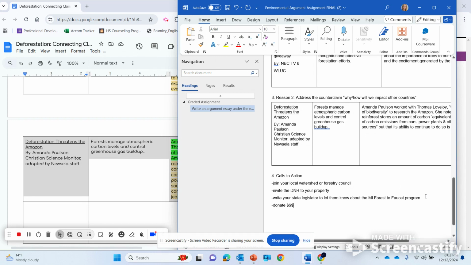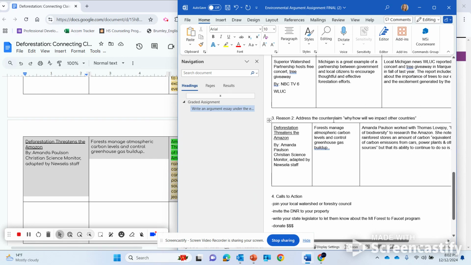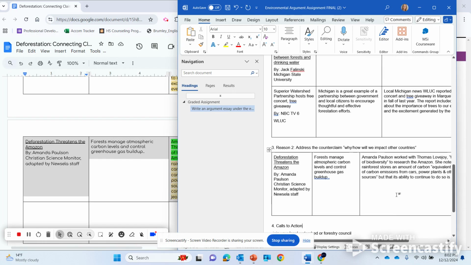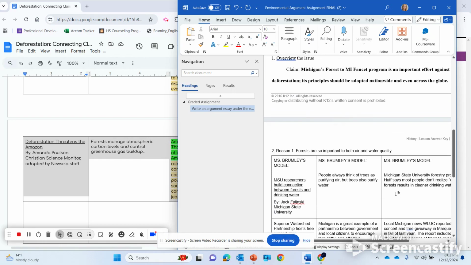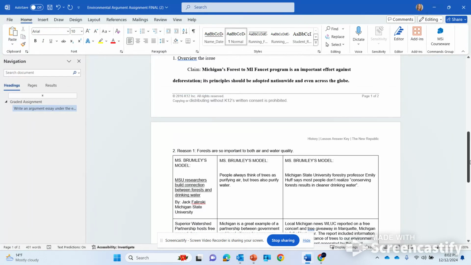So just like that, I've got a nice outline of my paper, and I've also got a lot of it worded already because I was able to copy and paste these pieces of evidence from my chart, and I'll just have to do the work to connect them in the sentences. It's going to be really important, guys, that we're careful with our paragraphs, because I noticed that's an issue for us, is our papers are not really properly paragraphed yet, and people are writing in one big chunk. So that's definitely going to be a large part of how I'm grading, using today and these outlines to think about